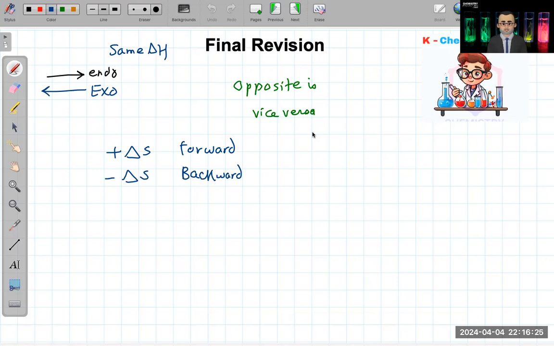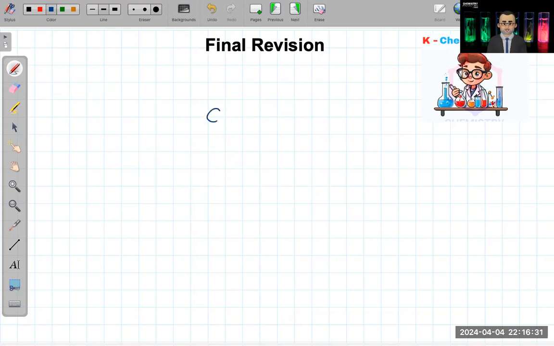Well, let's see another example. If I have a reaction between C2H4, which is a gas, and this gas reacts with oxygen, so it is burned. This is ethene, plus O2, and it burns to form carbon dioxide. Any hydrocarbon which burns will make carbon dioxide and water. Both of them are gases. So this is a gas, this is a gas, and this is a gas. For the balance, we'll see that the coefficients are 1, 3, 2 and 2.